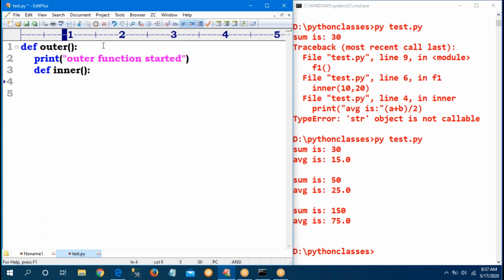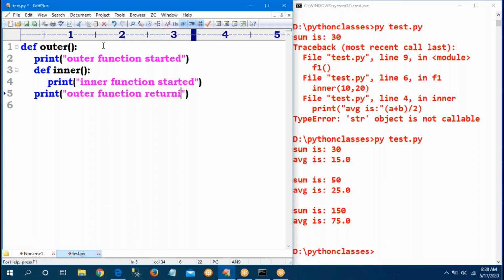Next, inside the inner function, print inner function started. Observe carefully, this line belongs to the outer again. Print outer function returning inner function. Next, return that inner.